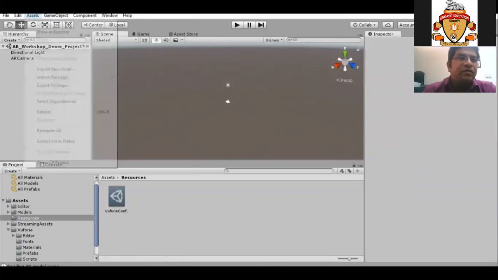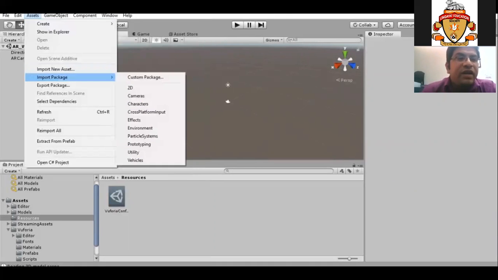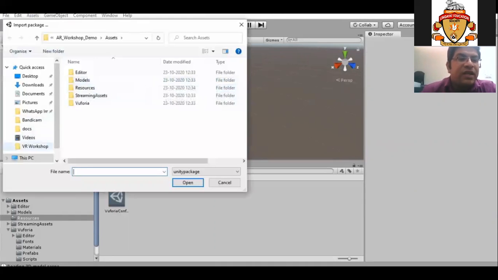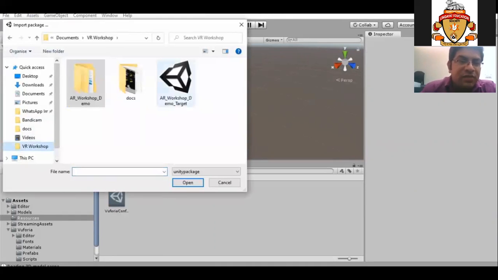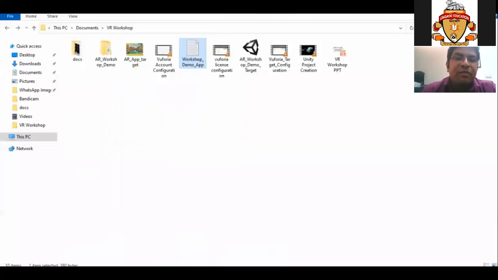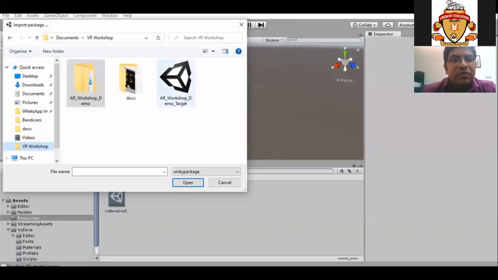So how to do that? We will click on Asset, import package, custom package. In the custom package, we have to select that database. This was the database that was downloaded from Vuforia. We have to select that package and upload the database in Unity. So two things, as I have already told, will be used by Unity.